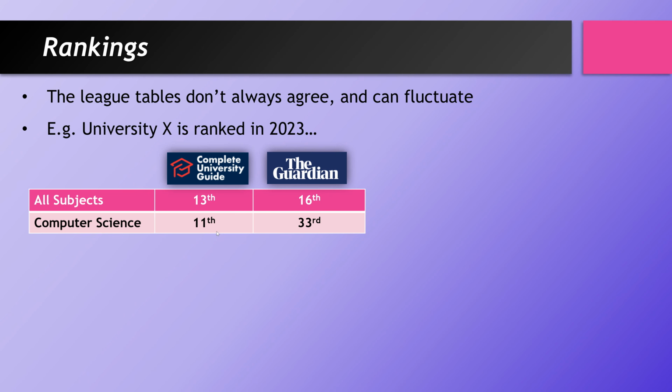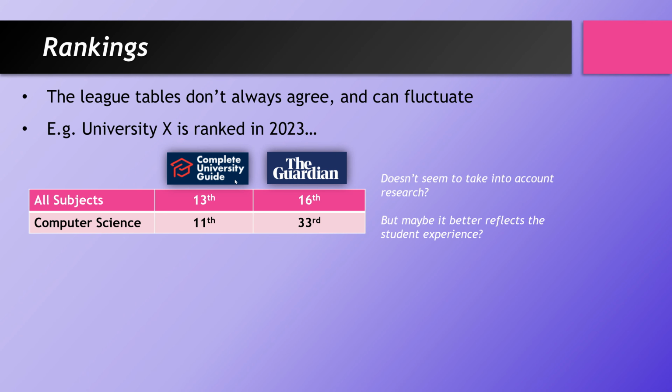But for computer science, there does seem to be quite a big disagreement between the 2 on how it sits. So 11th in the country is quite different to the 33rd in the country. It's not a deal breaker, but that's quite a big difference. And it's the same year, the same university, the same course, just based on slightly different metrics. And you might want to investigate this if you do find one of your choices has got a slightly weird